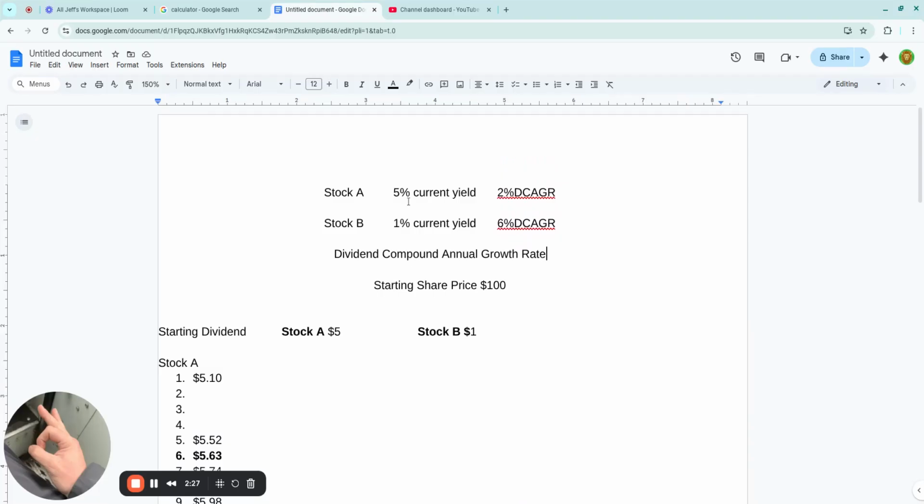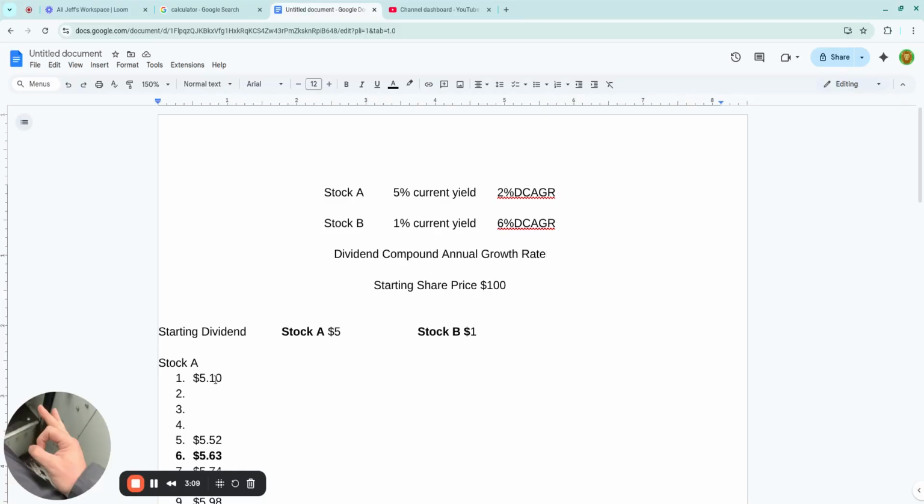So what do we have here? Stock A is paying a 5% current yield with a 2% dividend compound annual growth rate. For this example, we're going to say both companies are $100 per share, just to keep everything simple, use nice round numbers. Obviously, you buy both. Let's say you buy one of each. You buy stock A, you buy stock B, you spend $200. Congratulations, you're in the game. So after 1 year, you would have received $5 from stock A, and you would only have received $1 from stock B. But now let's see what would happen